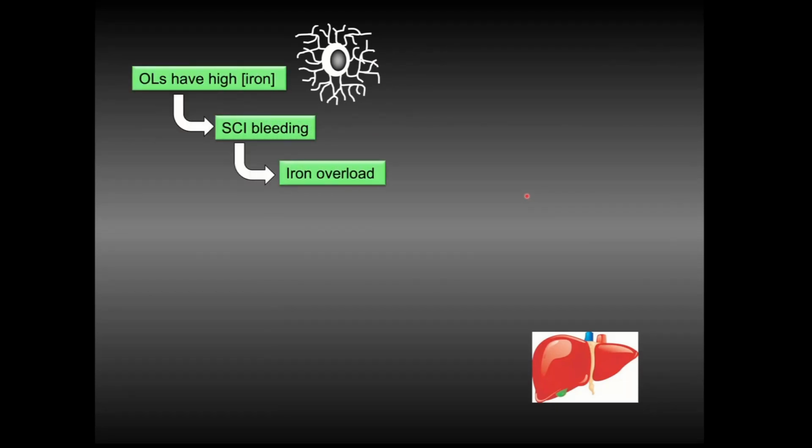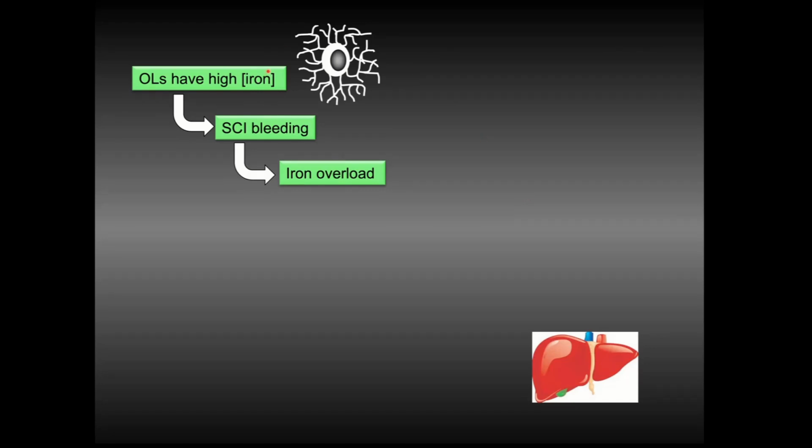So I'm always asked, how did I get from looking at oligodendrocytes to looking at metabolic phenotypes, and especially what I'm going to talk about today, liver phenotypes. There's a logical progression, and for the students out there, this data really showed me that you never know where your career is going to take you, and you can end up going into some really interesting directions.